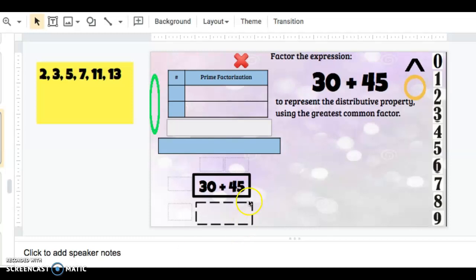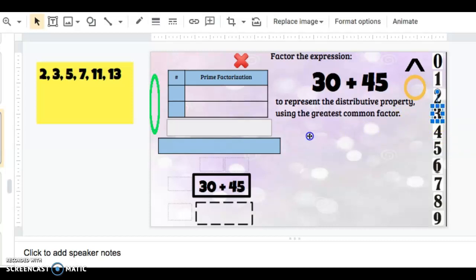Okay, so just like we practiced in our notes, we are now going to have our example. It says factor the expression 30 plus 45 to represent the distributive property using the greatest common factor. So they tell you to use the distributive property and GCF. Your first thing is you are going to be breaking up 30. So you break up 30. So you put your 3,